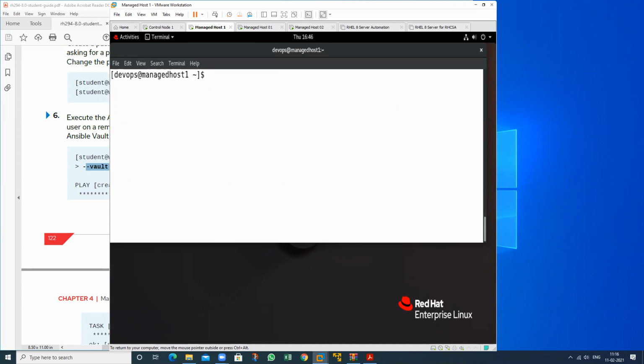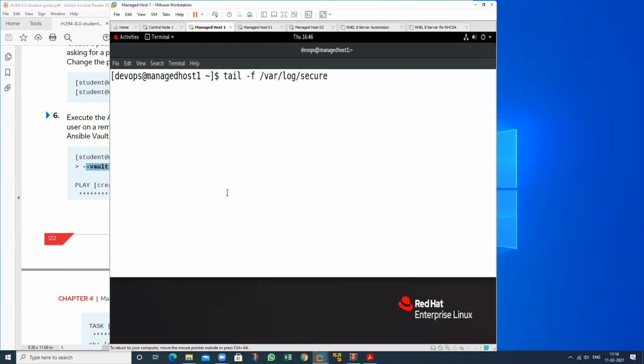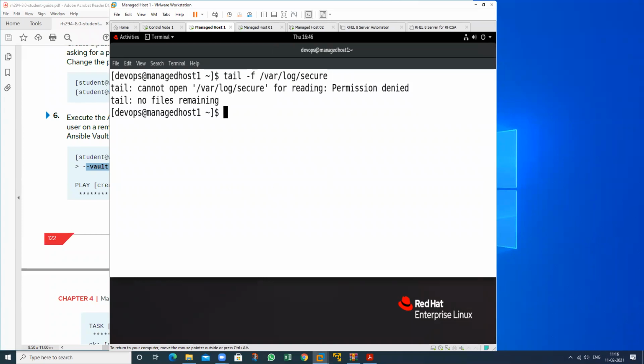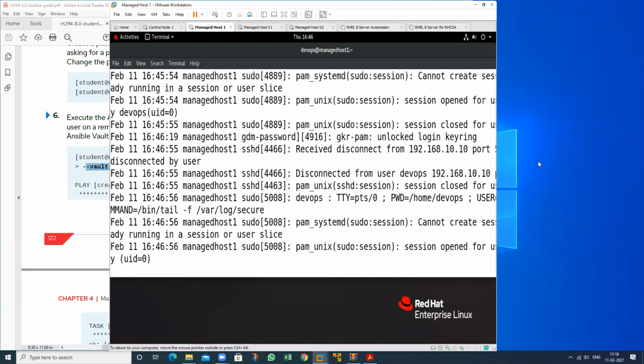And if you want to confirm this, tail -f /var/log, in this log you can check the secure file also. Just check the log. Okay, we are not able to. Just type sudo here. See the log.